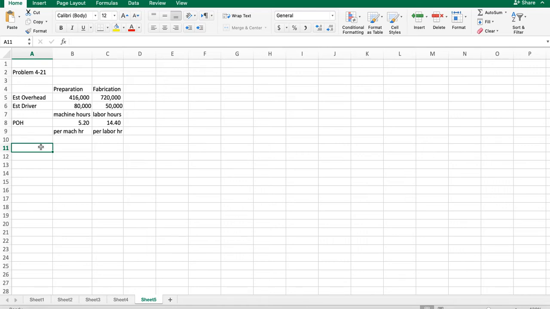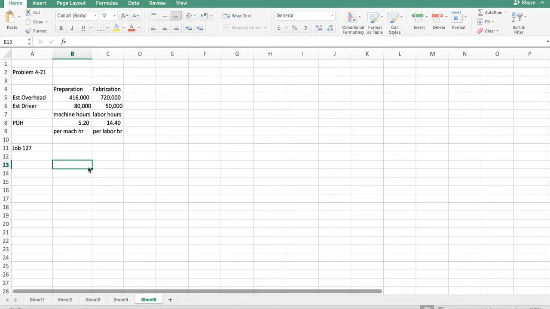Then they ask us to compute the total overhead cost applied to job 127. So we're looking at job 127, and we know we're doing $5.20 per machine hour. And if we look at our job card given to us in the problem, we see that in the preparation department, we worked 350 machine hours. So we take our actual machine hours, 350, and we multiply that times our predetermined overhead rate,